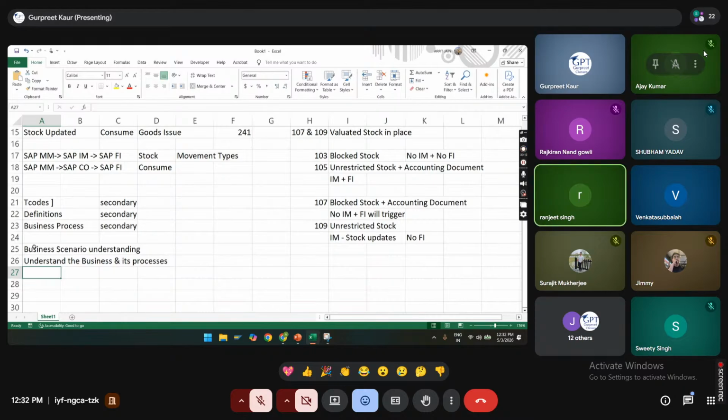NB is the standard document type to create a purchase order. You can create any type of document there, whether third party, subcontracting, or consignment, all can be created in the NB document type. But when it comes to a dedicated document type, like I told you about the return purchase order, it means no other purchasing document can be created on that document type except a return purchase order.